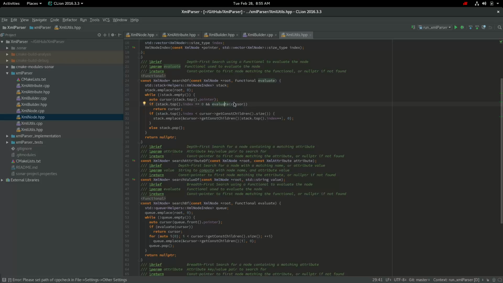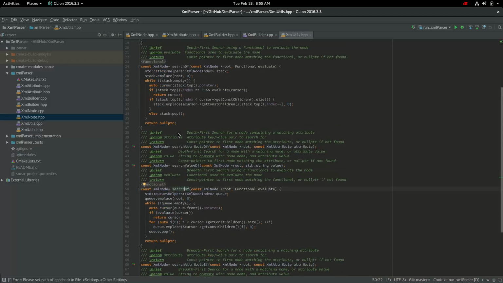It uses a functional that takes a constant XML node pointer as its input and outputs a Boolean whether this is the node we're looking for or not. And so basically this template function does the traversal until it finds a match, and if it doesn't find a match, it returns a null pointer. Same deal goes for breadth first